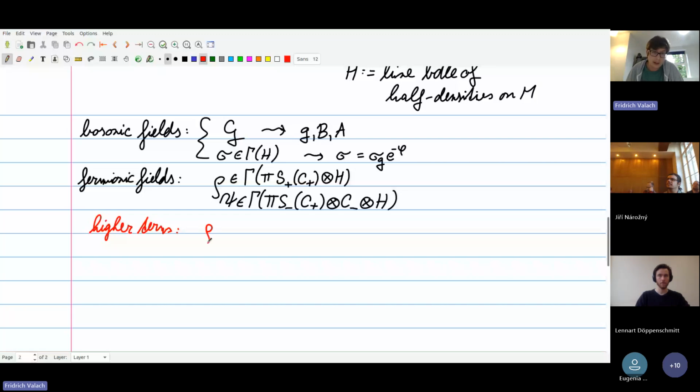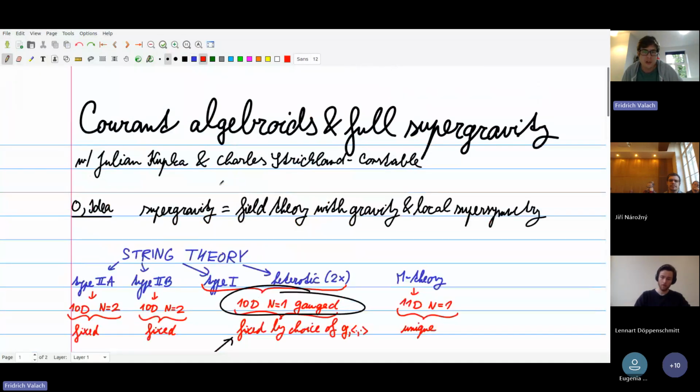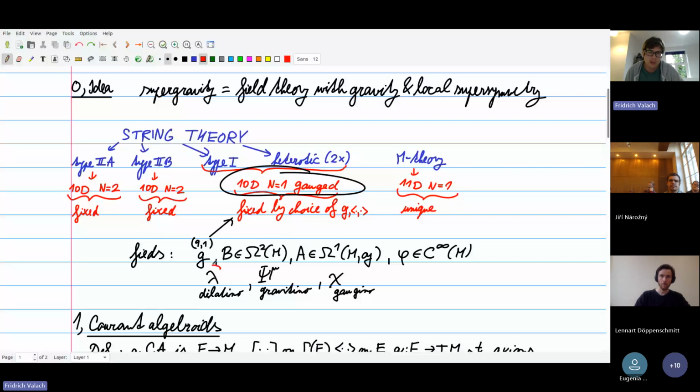So you can write things like rho bar gamma ABC rho, using the ingredients that I sketched before. This is a perfectly well-defined term, but what you cannot do is contract indices. The important thing here is that this index is different from these indices, so you cannot contract those two things together. So if you look at the old literature on the subject, and what people do when they think in terms of the original variables, so non-generalized geometric ones, if you think in terms of these lambda and psi,